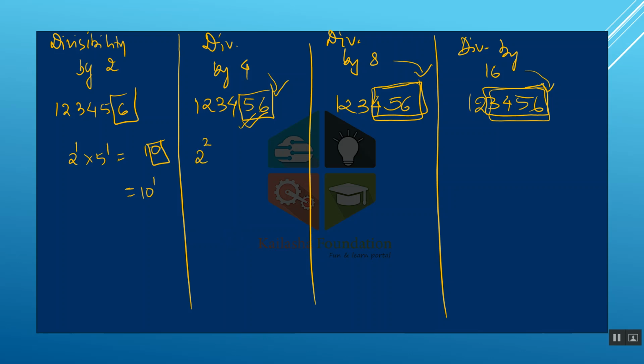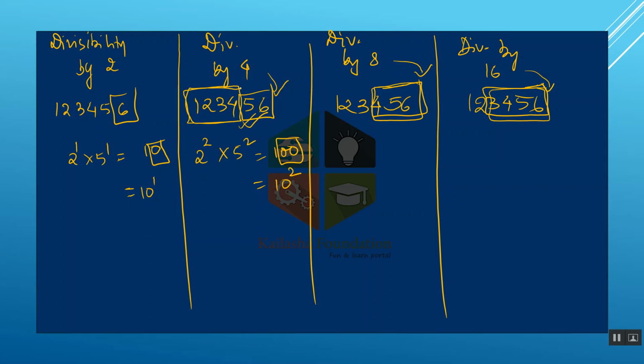2 power 2, that is 4, into 5 square, that is equal to 100. That means 2 zeros, that is 10 raised to the power 2. That's why 2 digits, because anything